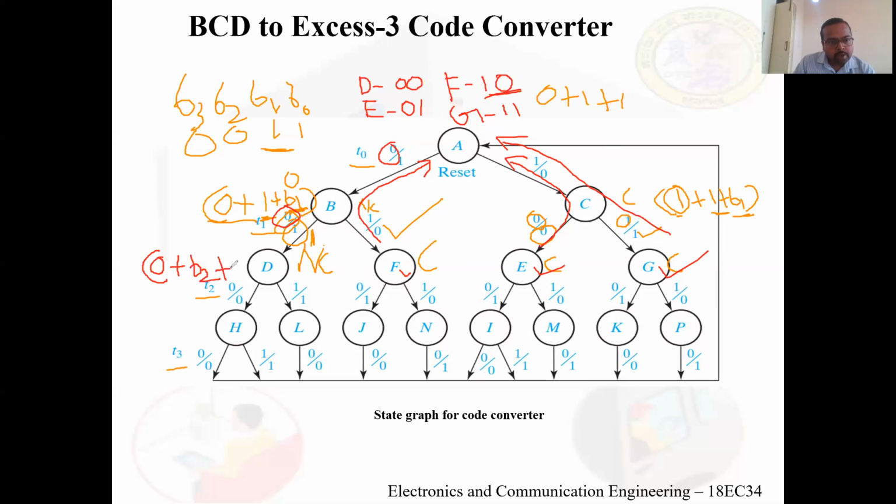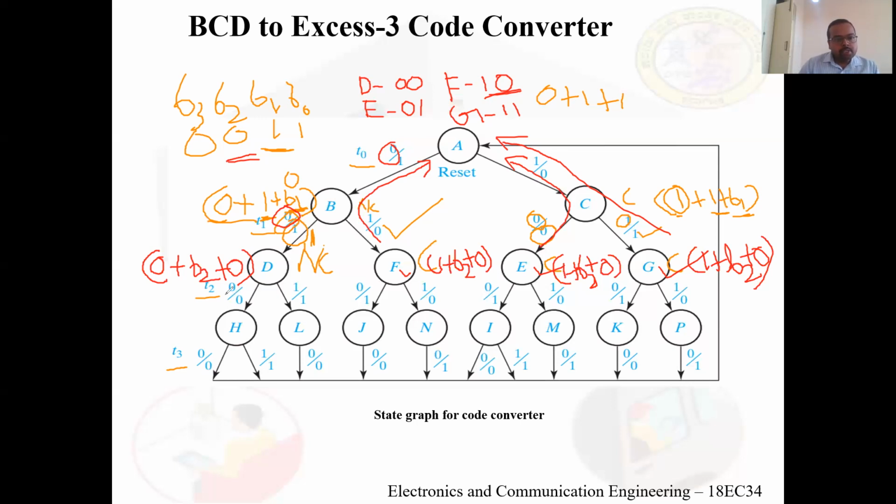And to this one, what we do now here, we add 0 to it because we have 0 to it. Similarly, for this one, how do you write? Since there is a carry for this one, 1 plus B2 plus 0. Similarly, for this, since there is a carry, 1 plus B2 plus 0. This one also write it as 1 plus B2 plus 0. Right?